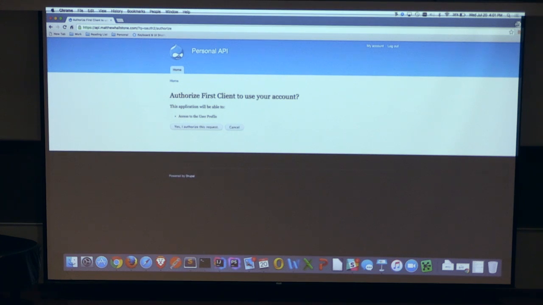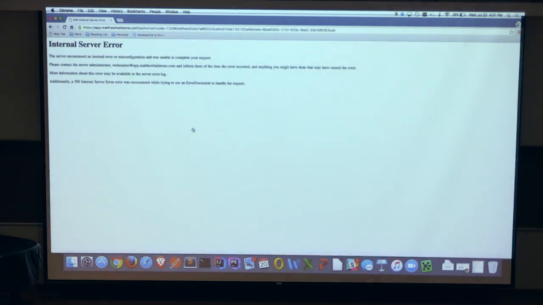It redirects me to this. Okay, this first client application wants to access data, and I say, yep, I'm going to authorize that. My app's not all the way working, so that's the anticlimactic part. But it gives this code, this OAuth dance, and I can take this code and do another request to get an access token, and that token gives me access to my content. So that's the OAuth server where I can protect my content. It has to go through this OAuth specification handshake to actually get the data, right?